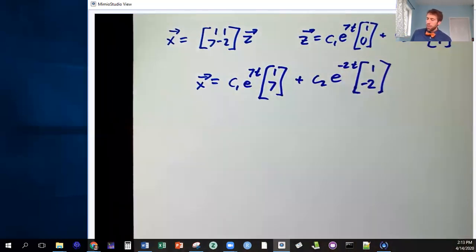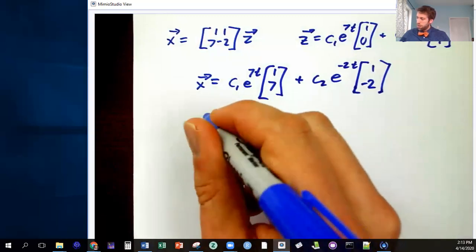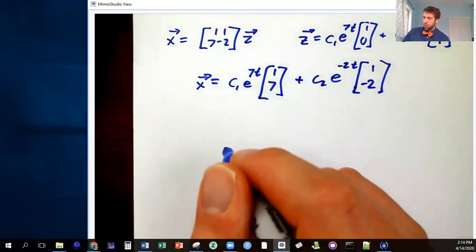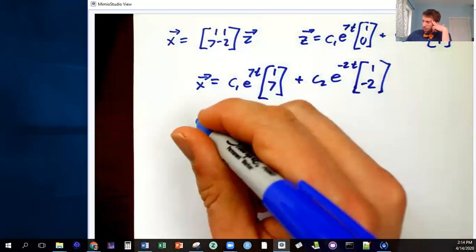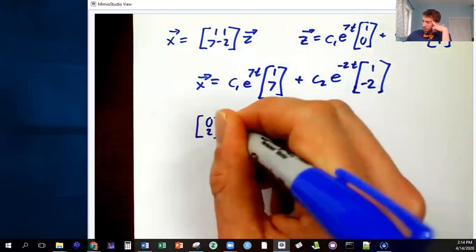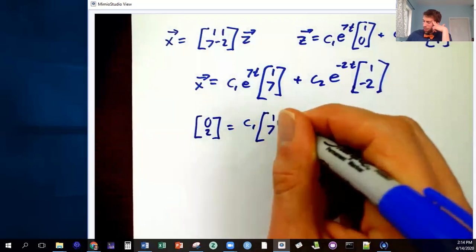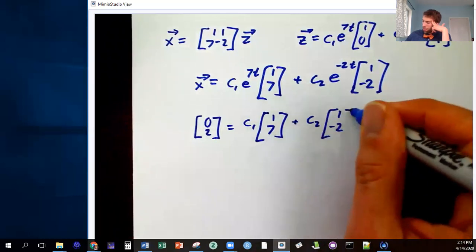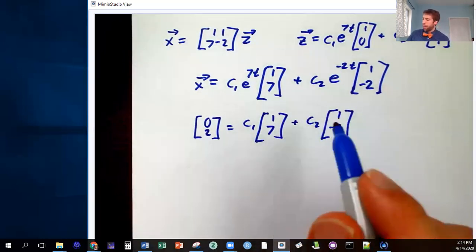Okay? And now the fact that x of 0 equals (0, 2). So when I plug in 0, I have (0, 2) equals c1 times (1, 7), because when I plug in 0 there, the exponential just becomes 1, plus c2 times (1, negative 2). Okay? So then c1 and c2 have to add up